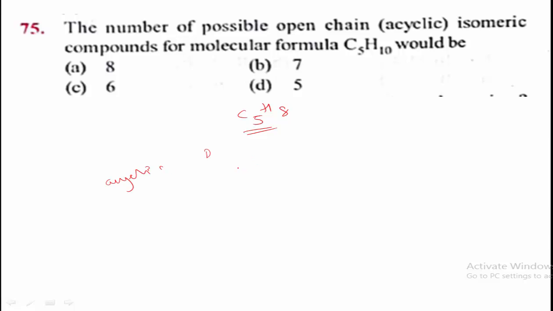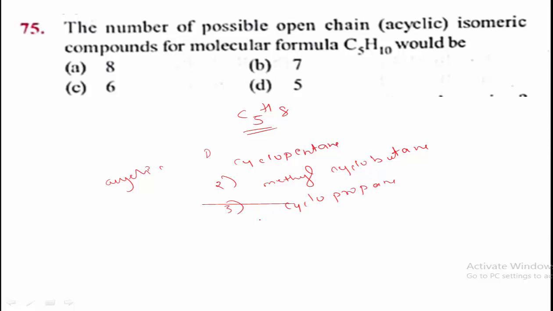Acyclic structures. Therefore, one is cyclopentane, another one methyl cyclobutane, you write the structure and observe whether it follows C5H10 molecular formula or not. And next one cyclopropane, next fourth one dimethyl cyclopropane, and fifth one